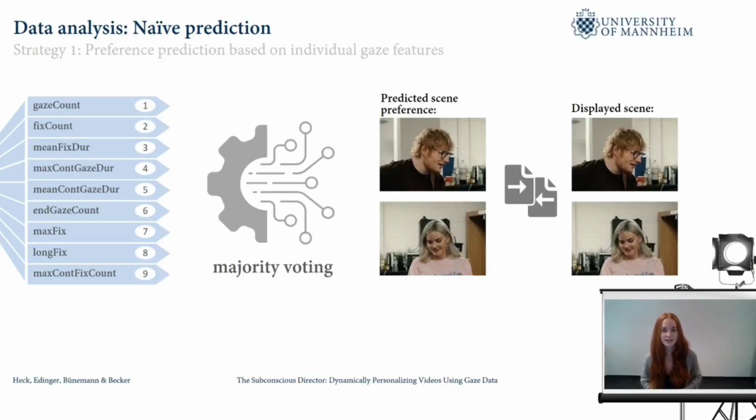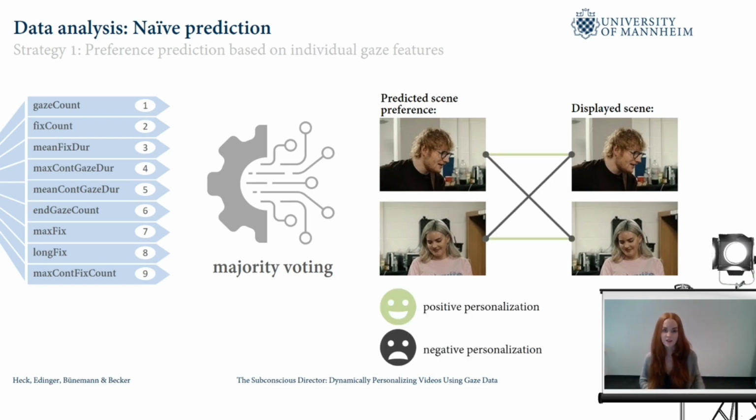We first tested a naive prediction strategy based on majority voting. We predicted that the element that the user looked at the most was also the preferred one. For each feature, we then compared the prediction with the actually displayed scene. If participants were shown the scene that they were also predicted to prefer, we classified the sample as positive personalization,